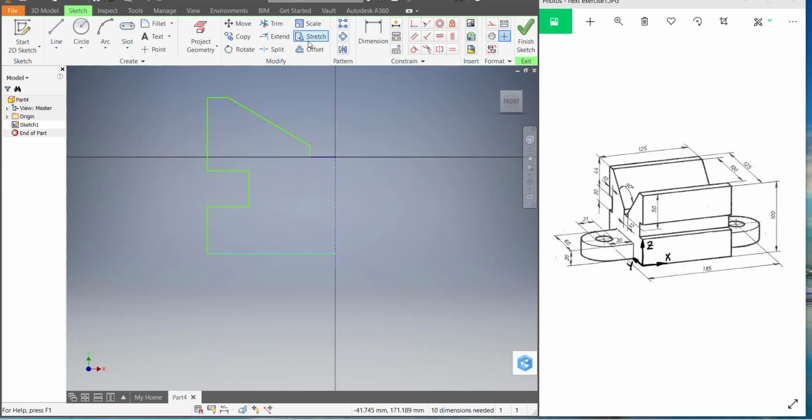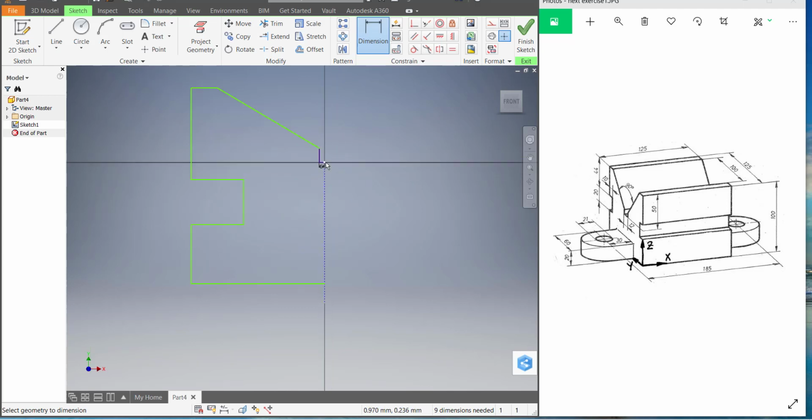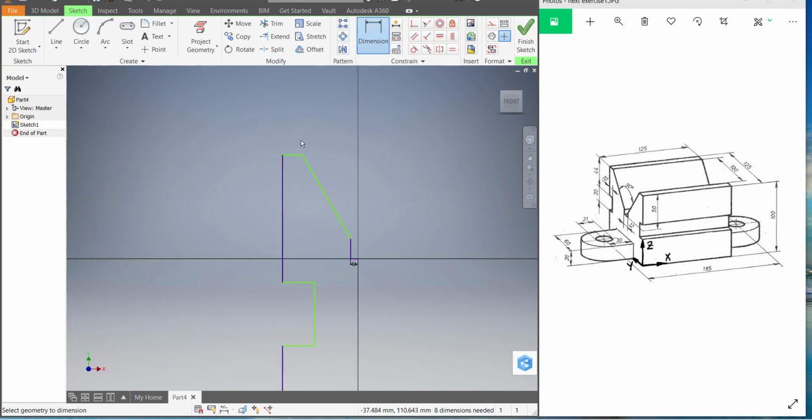Okay. First half. Now dimension. This dimension is 6 millimeter. That portion is 62.5. Okay. Now this portion. This is our 12.5. Okay. And the height from that point is 44,